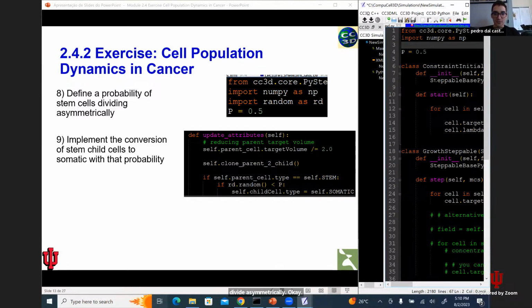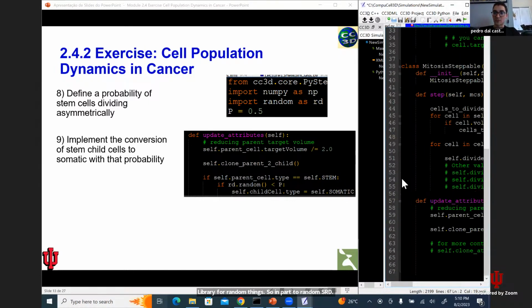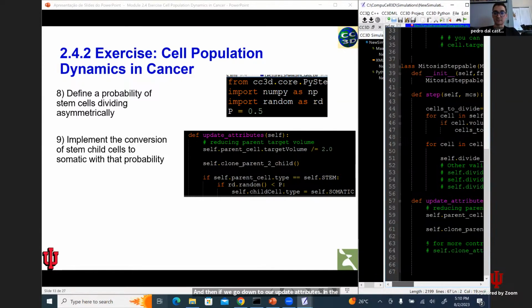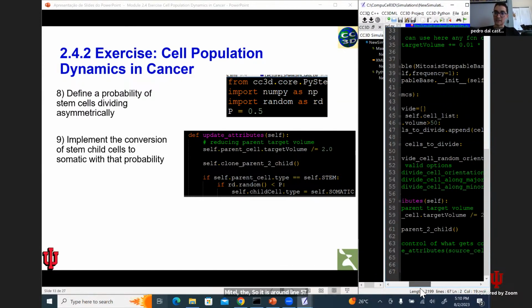And take that opportunity and import random as RD because we are using probabilities. In Python, random is a good library for random things. So import random as RD. And then if we go down to our update attributes method in the mitosis steppables, so it is around line 57, we will see that